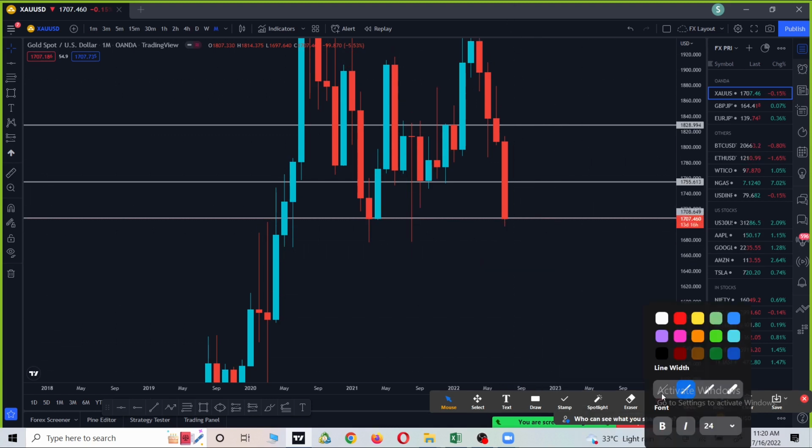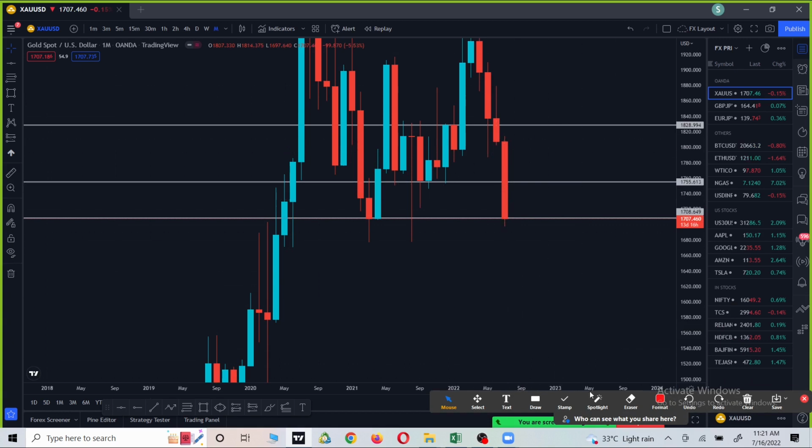Suppose this monthly candle closes like this below the support, then we expect the next monthly candle to retest the recent broken zone and move to the next support, and we have already come into that area. But I'm talking about if we close here, right? In that situation, we will expect the price to move to the next support and maybe break below that support, and if we get a further close,